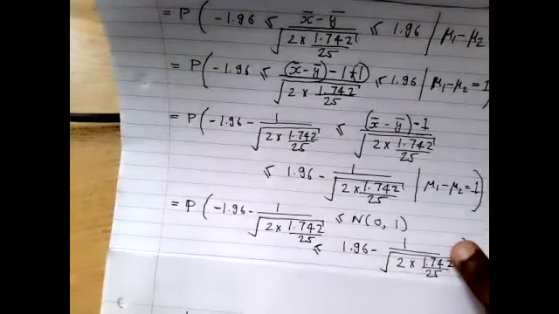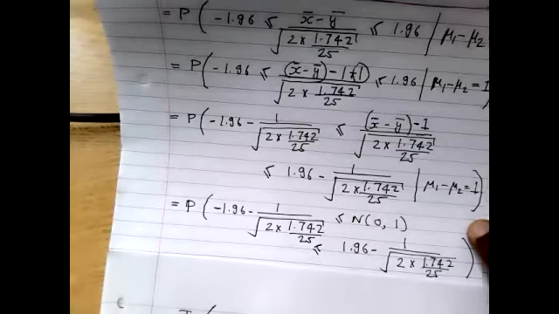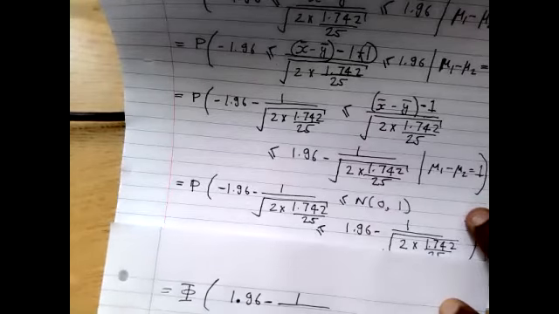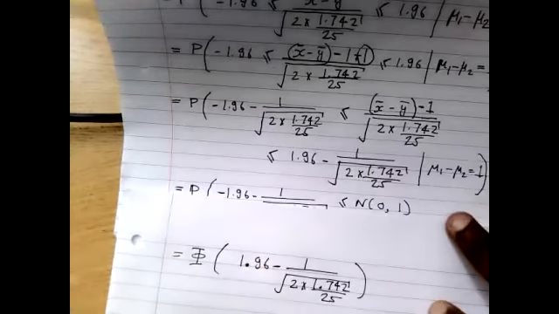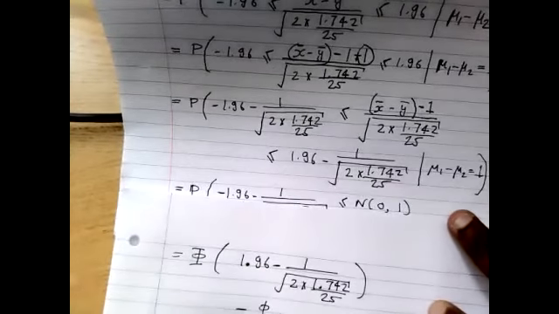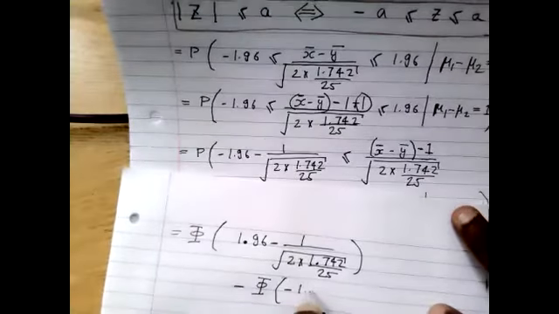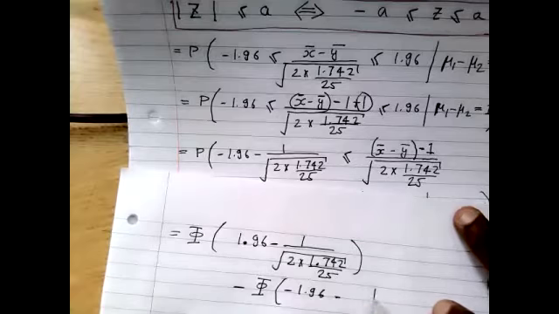So this is simply phi at 1 point, 1 point, okay, and take away phi at minus 1.96 minus